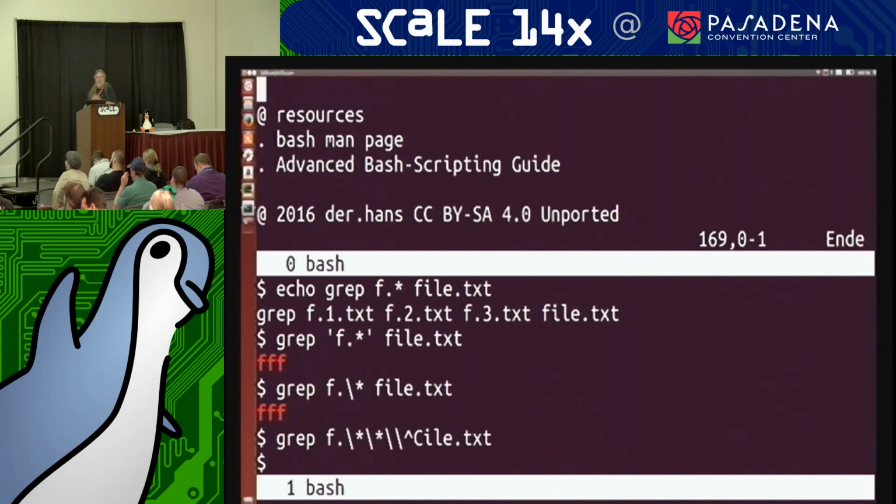Resources: the Bash man page, I mentioned it several times. It's a great resource. It's long. Don't try to read it all in one sitting. Break it out over different periods, like years. No, but it's a great resource. It has a lot of information. The thing that it doesn't have too much of are examples. So for that reason, I like to point people at other resources. A very good resource is the Advanced Bash Scripting Guide. It has a lot of examples. It's somewhat disorganized in many ways, but it is still a great place to go look for stuff. And of course, once you have keywords that you're looking for, you can